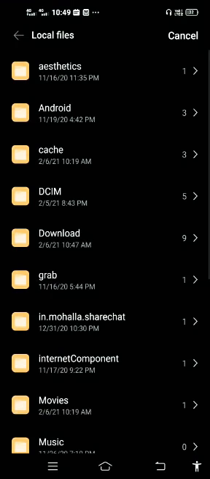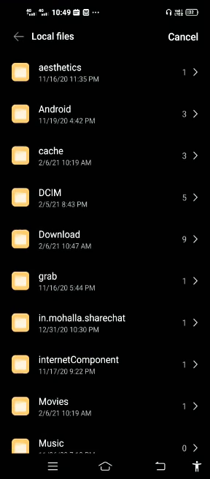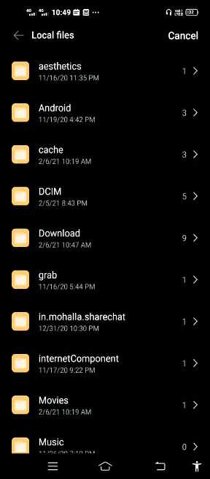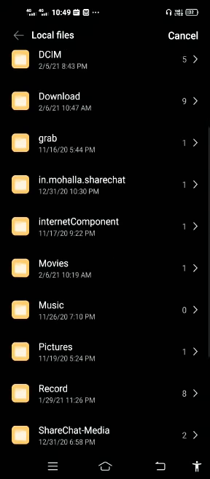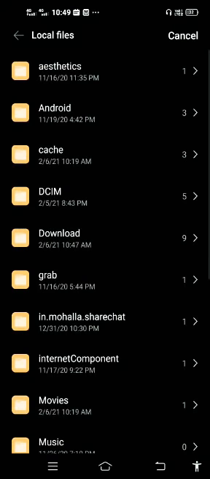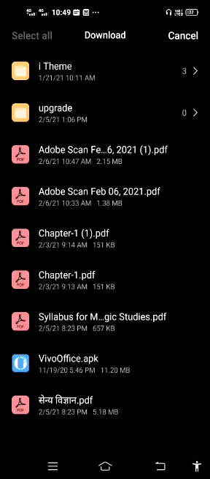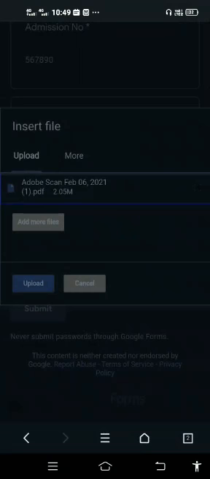You will click on it, and this drop down box has opened in which particular folders are there. So I will be clicking on download. Why download? Because we have saved our Adobe PDF which we have created into our download section. So just click on it. The first one is the PDF.